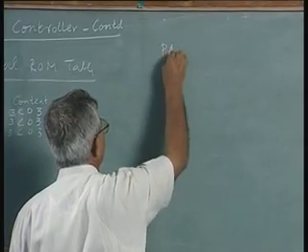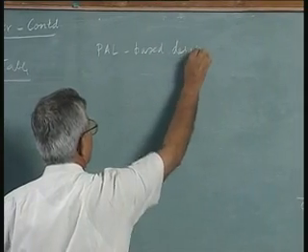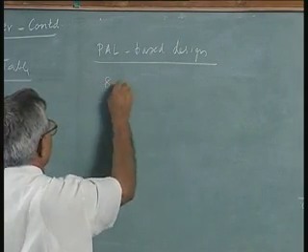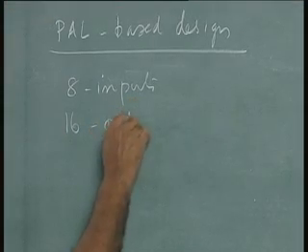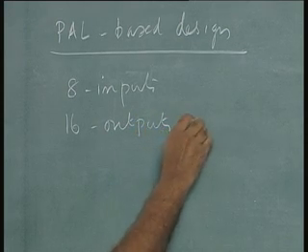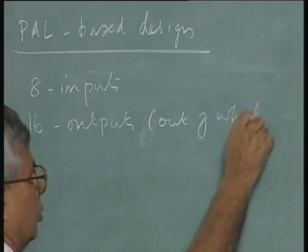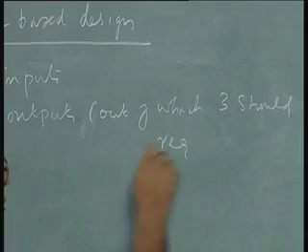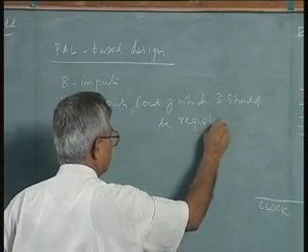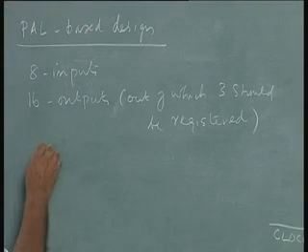So, PAL based design: eight inputs, 16 outputs, out of which at least 3 should be registered outputs. Three registers are required. Of course, there should be a clock input,